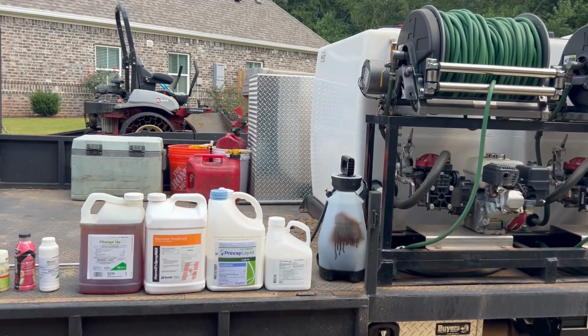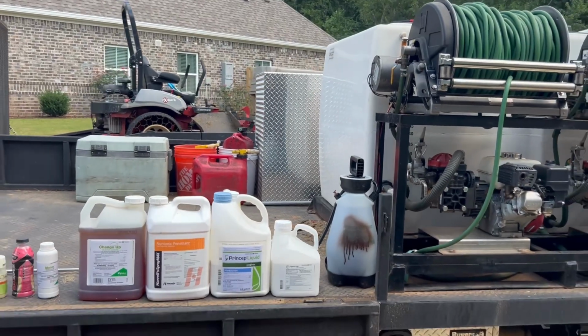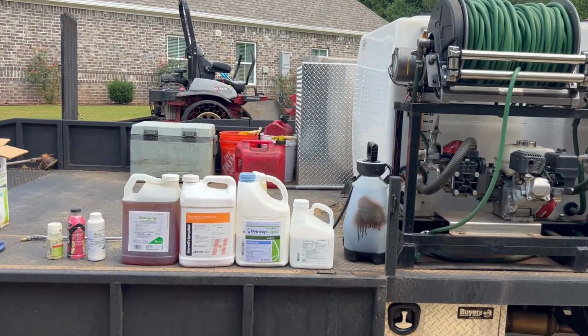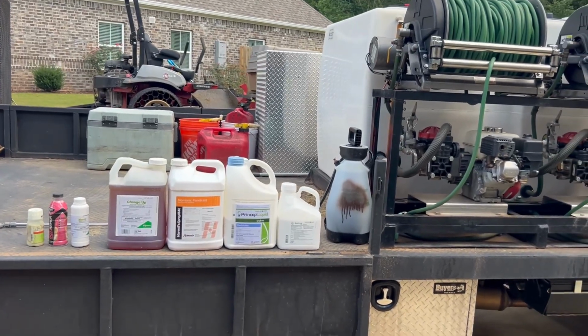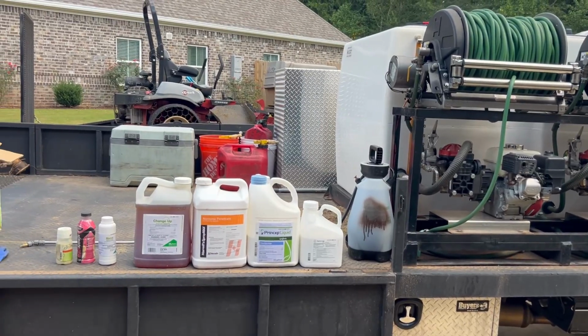Now, there are certain kinds of weeds. A lot of times, crabgrass and Dallas grass and some of those tougher weeds, you'll probably have to spray multiple times to get them to die off, because it can take some time. Those are very hardy weeds. A lot of times you have to spray them twice without killing the grass underneath. But yeah, what I'll do is